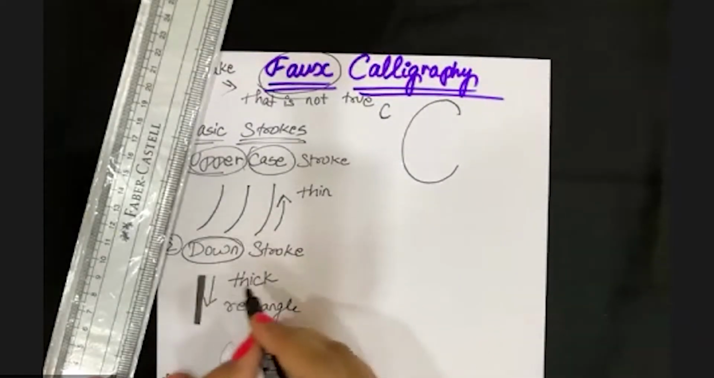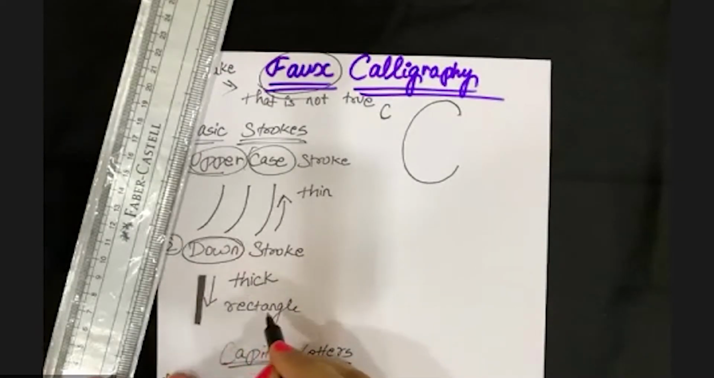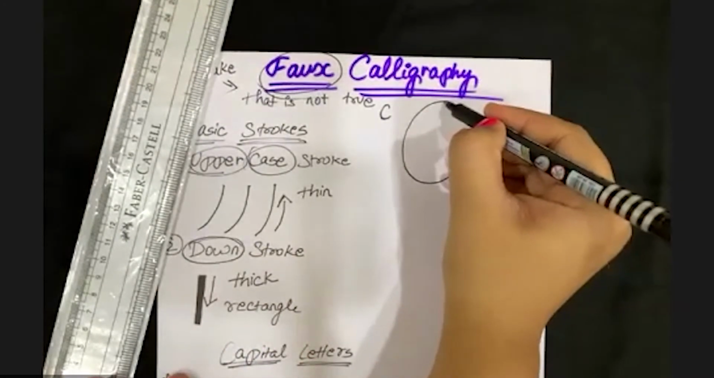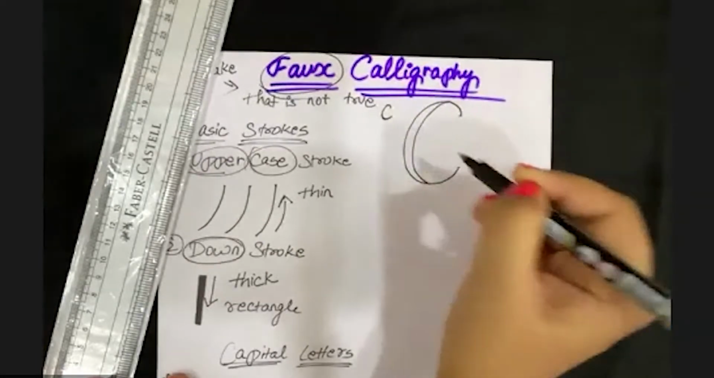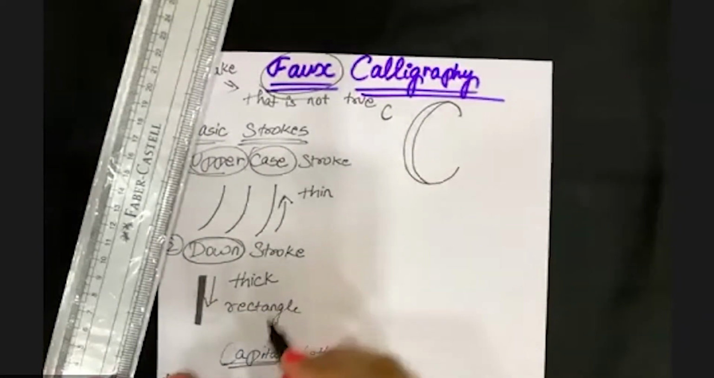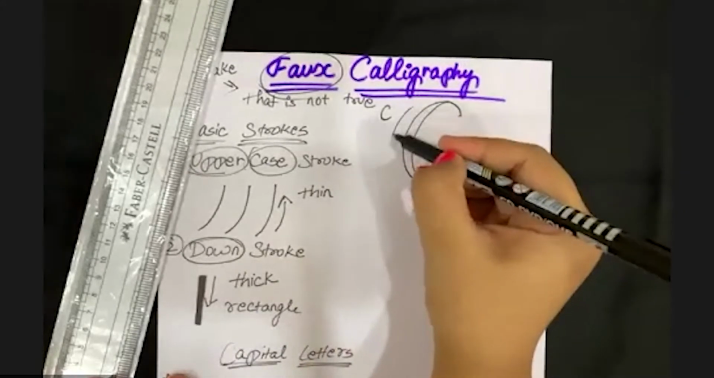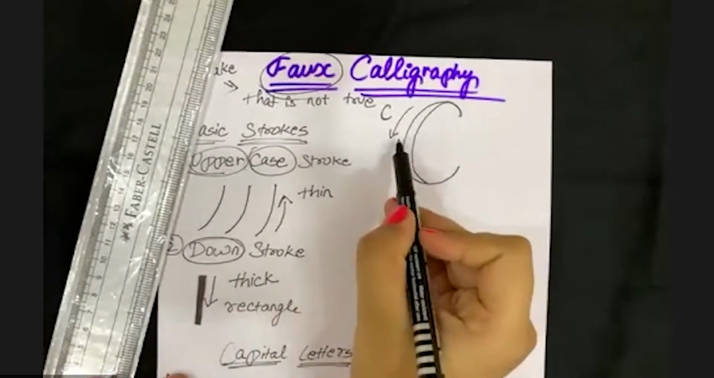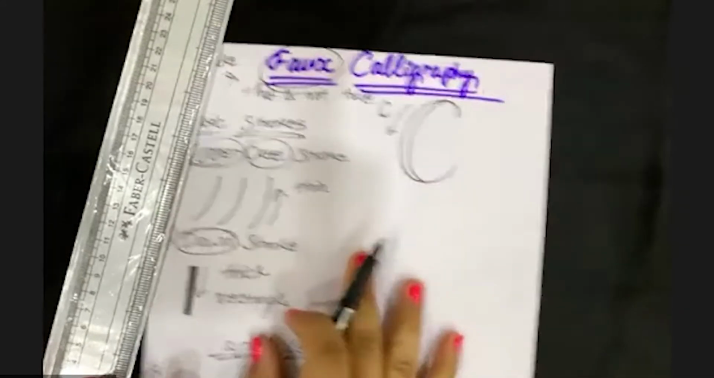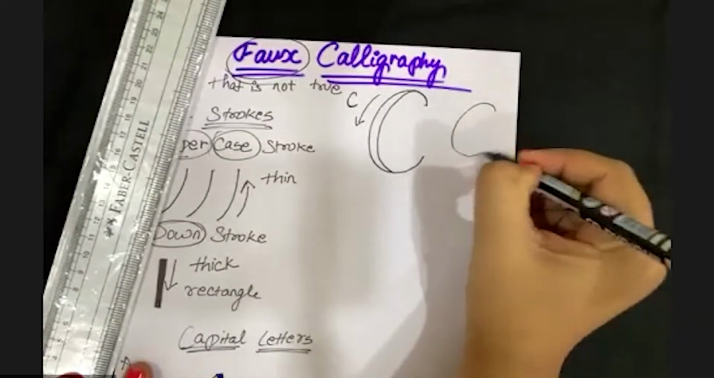Your downstroke should be thick like a rectangle. Whenever you are going downwards, that is a downstroke, and it should be thick like a rectangle. Why am I saying like a rectangle? Because your stroke should be equal. No need to make it like this. Look,